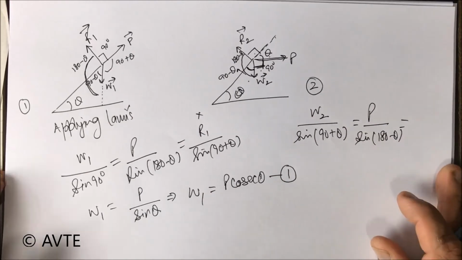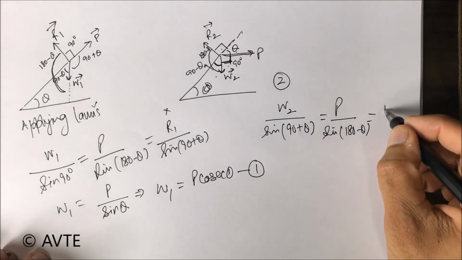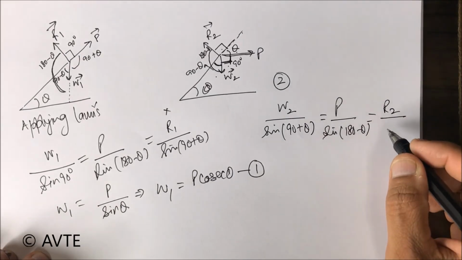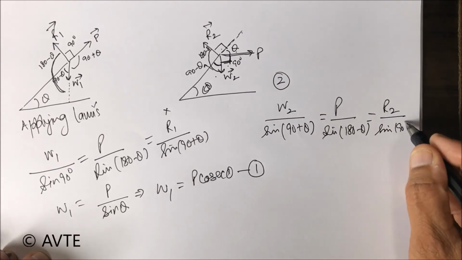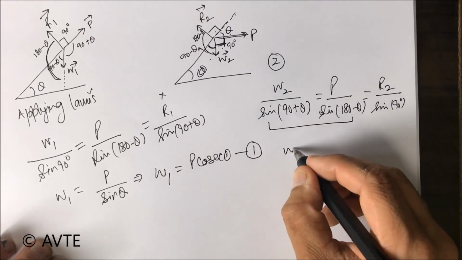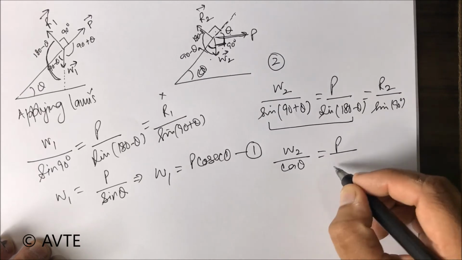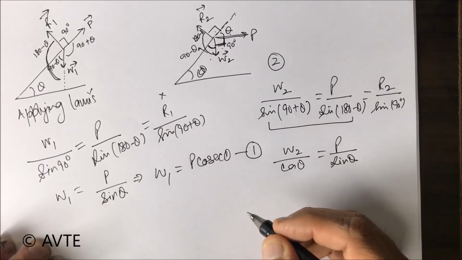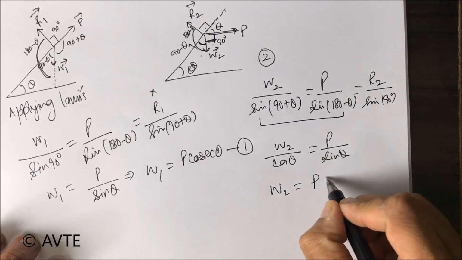There is no need to apply the ratio with R2, but still if you want, it is R2 upon sine of the angle between W2 and P, which is 90 degrees, so I'm putting 90 degrees. The logic is only between W2 and P. So W2 upon cos theta is P upon sine theta. So W2 is coming